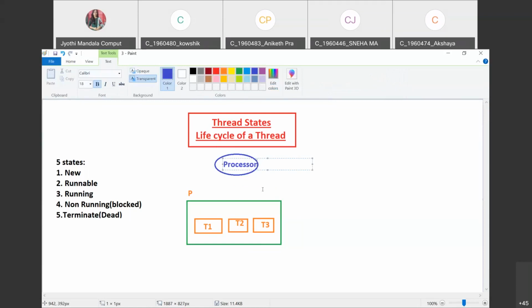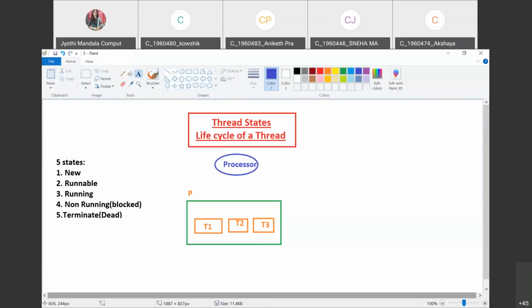Whenever a processor wants to execute, it will be connected to the process, and this process will be executed. You can have multiple processes also. A process is nothing but a program under execution. You can have multiple programs: this is program 1, we can have one more program, and one more. Each program can have multiple threads.